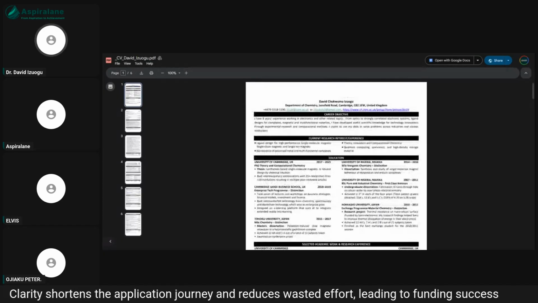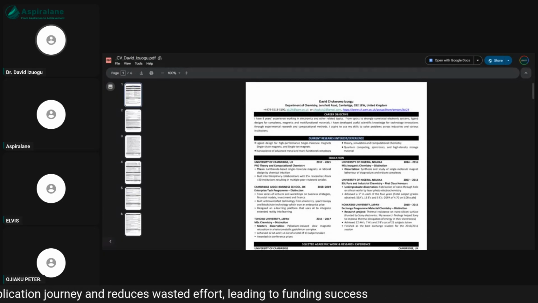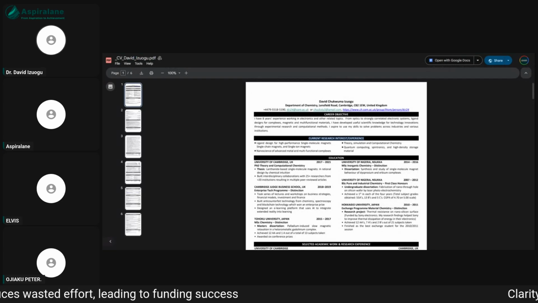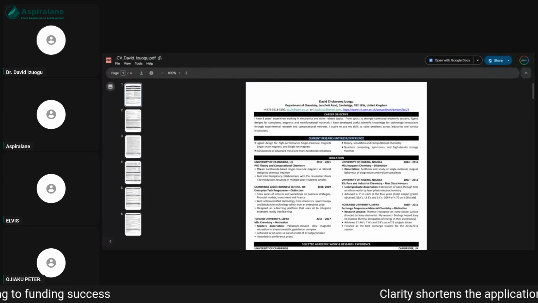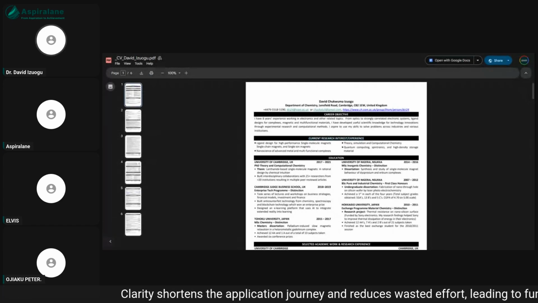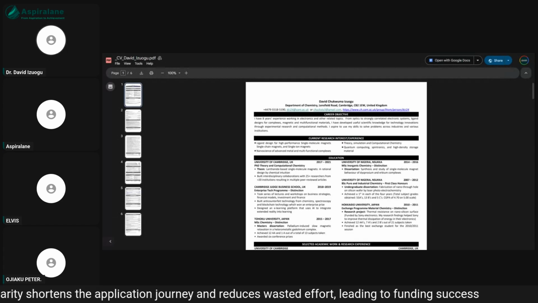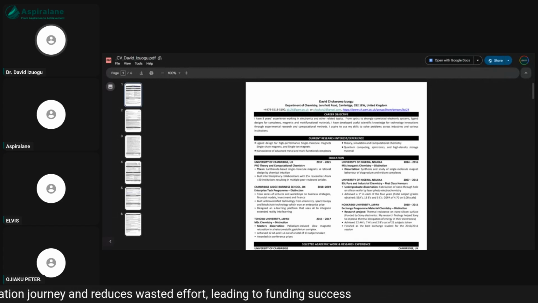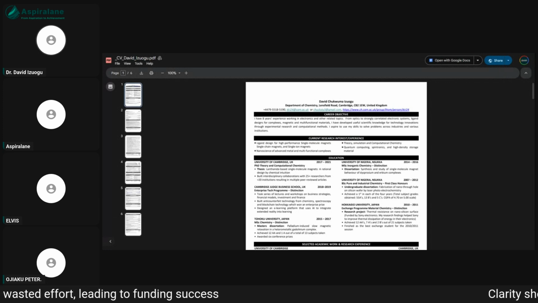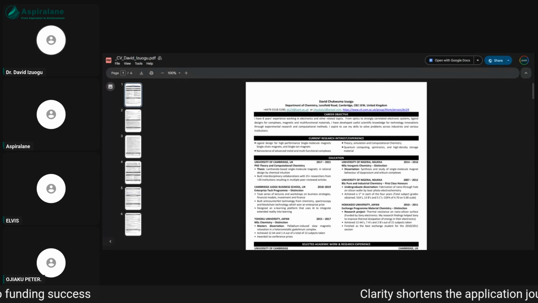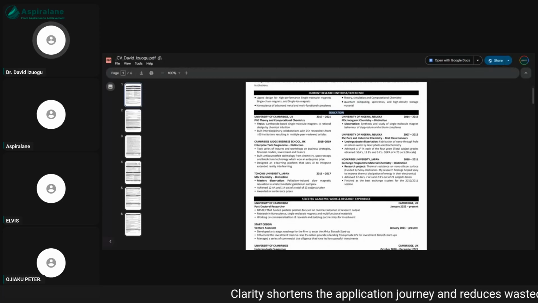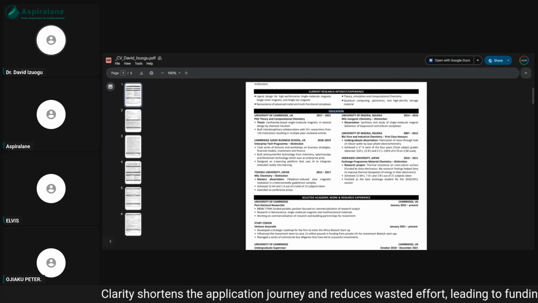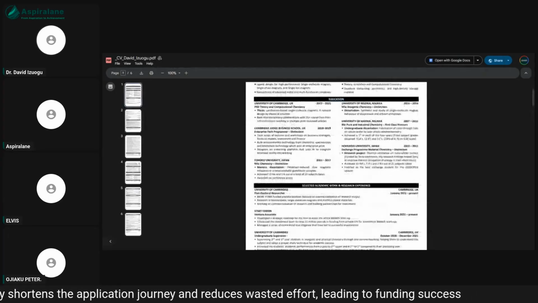And because this is an academic CV, I went ahead to bring in my current research. Of course, this is a PhD CV, not a master's one. So I bring in my current research interest and experience. Because this is an academic CV, I want to place things that are related to academics first, before the person reviewing this gets to my education. Of course, because there are so many education items here, I didn't want it to run long. That was why I made it into two.